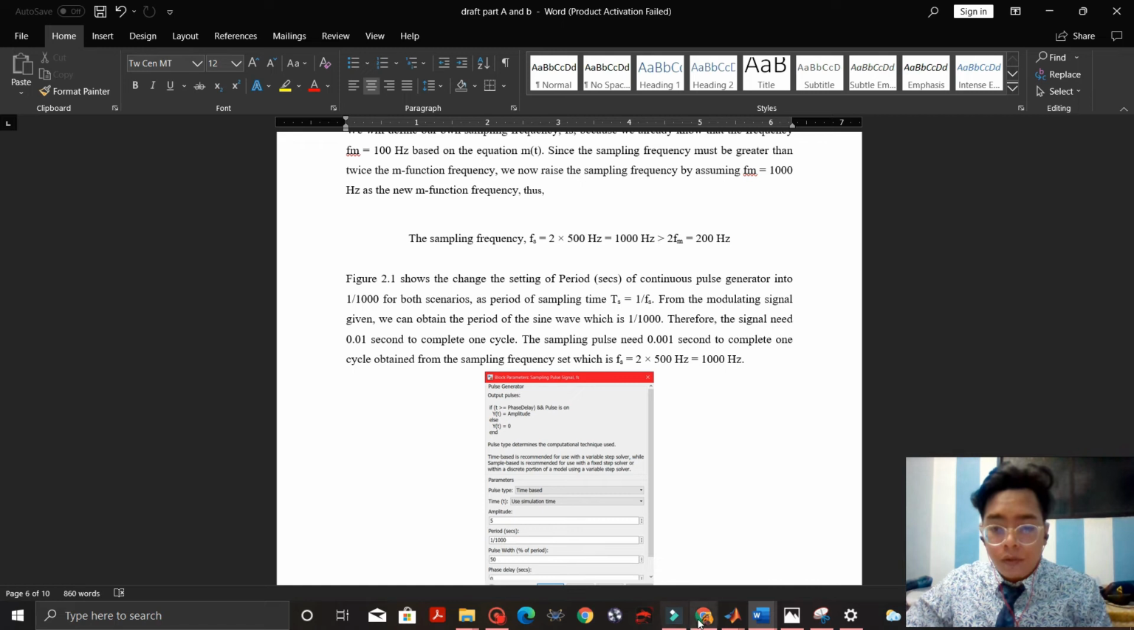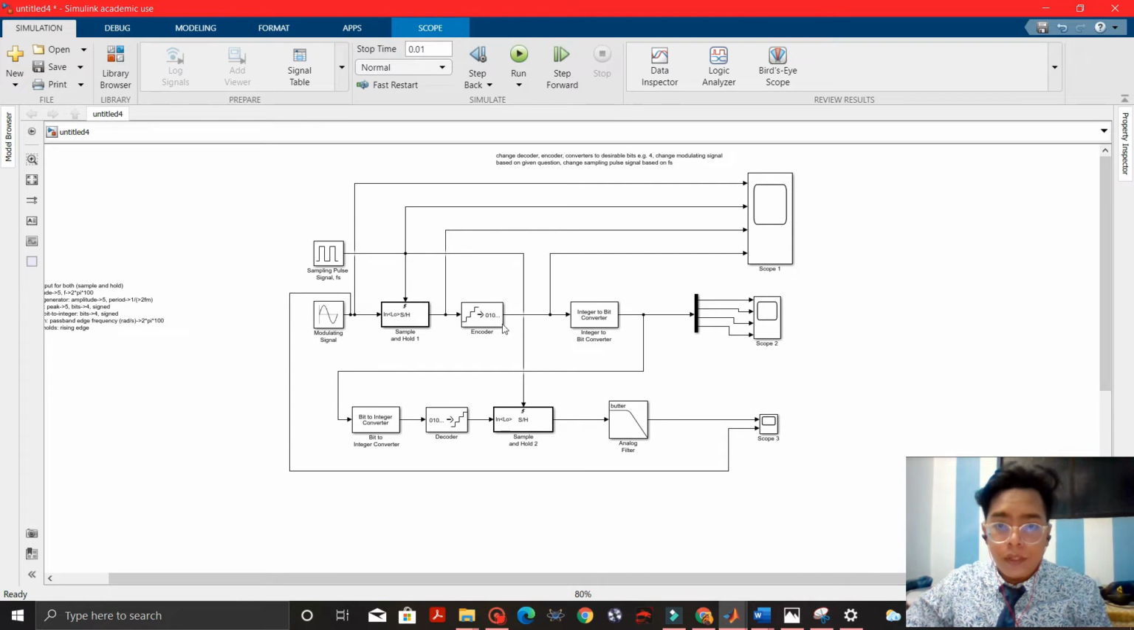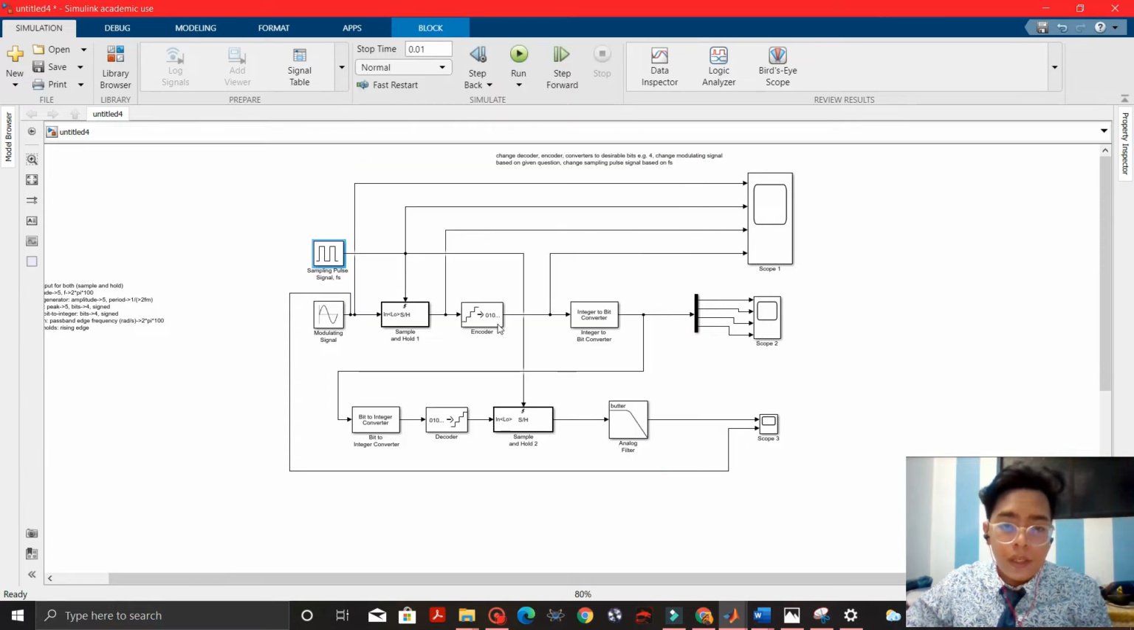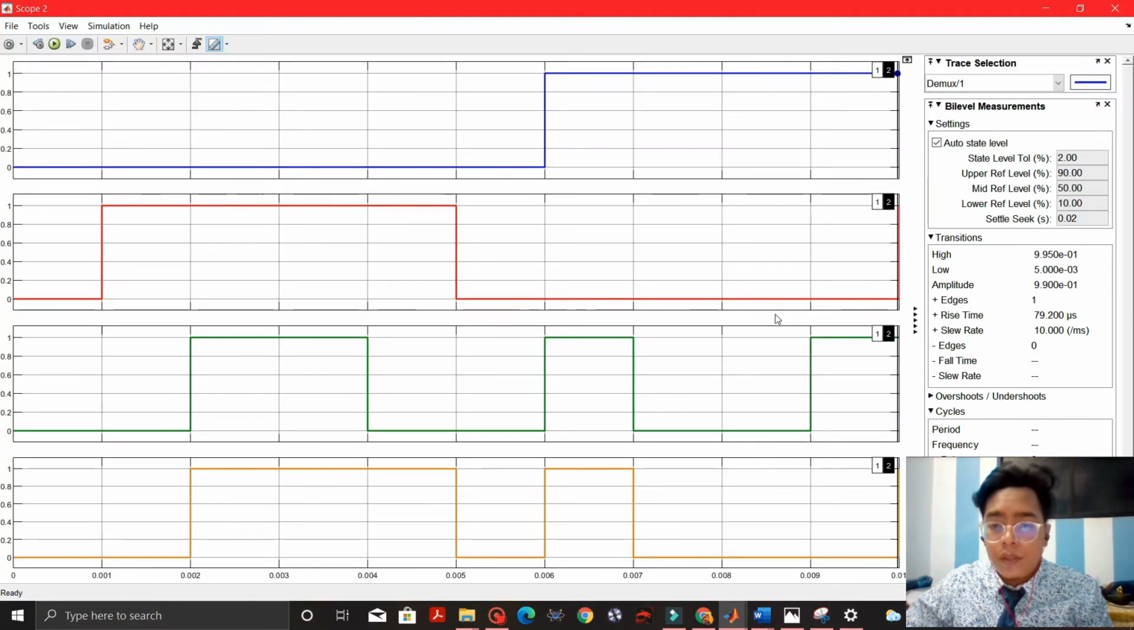Okay, now we go to the MATLAB. So this is for 4-bit encoded. Here for the sampling period, we change to 1 over 1000. Next, here we change the encoder decoder converter to the desirable bits, which is 4 bits. Now we see scope 1. I already ran the circuit. This is the quantization output, and then for the PCM data, here